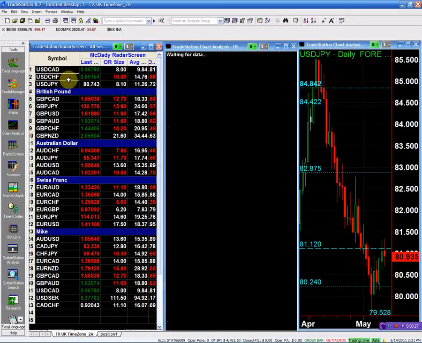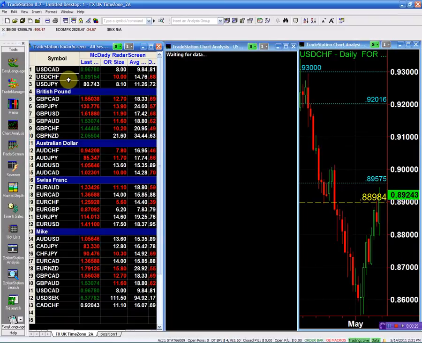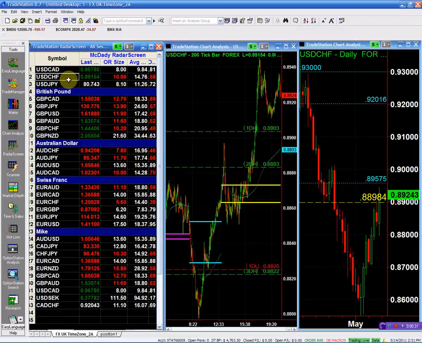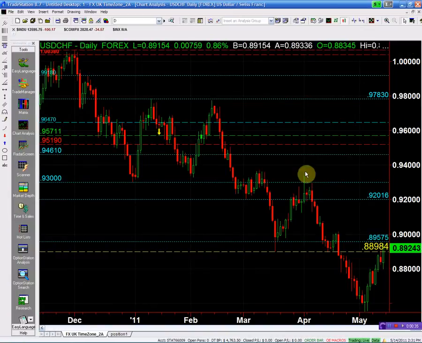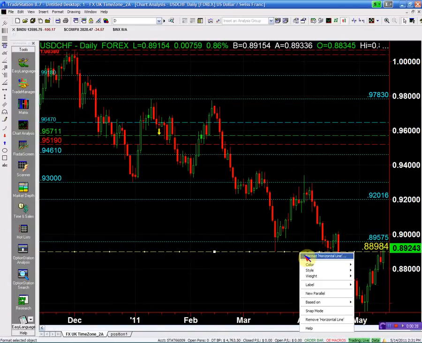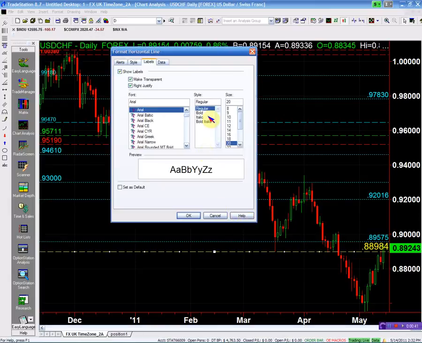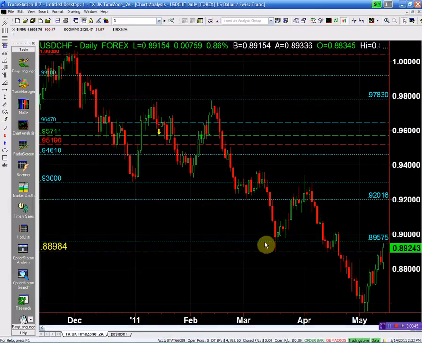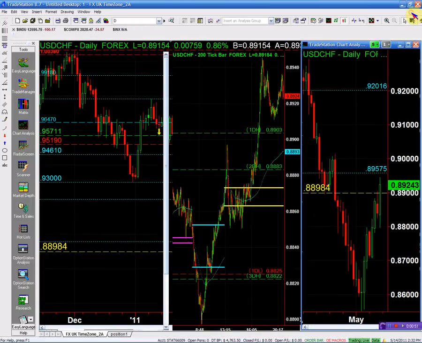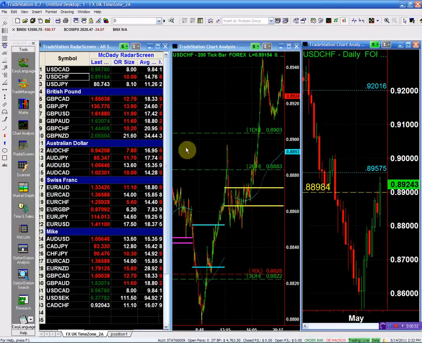So let's take the dollar Swiss. This is the dollar Swiss, and this is again a very nice setup, and it's one of the things that confirms what we talked about last week. We had the structure point at 88.98, and if you look at the radar screen,